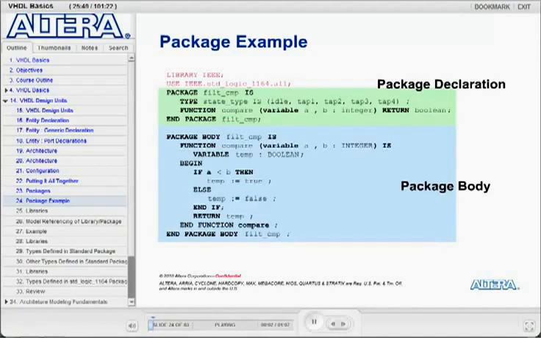Here is an example of a package. The package starts with the keyword package, the name of the package, which is filt_cmp, and then the package declaration section. In this package declaration, I have two things being declared, a type called state type and a function called compare. This function takes in two integer variables and returns a Boolean result. I end the package with end package